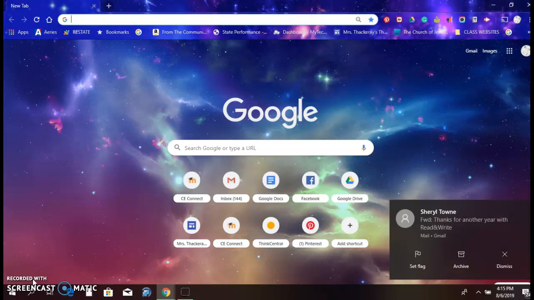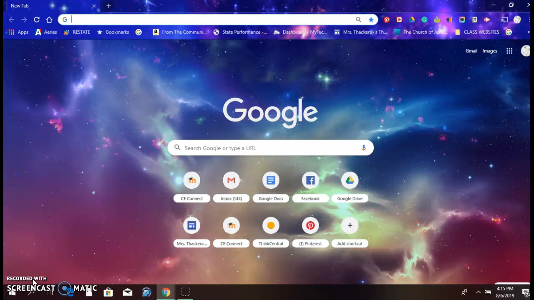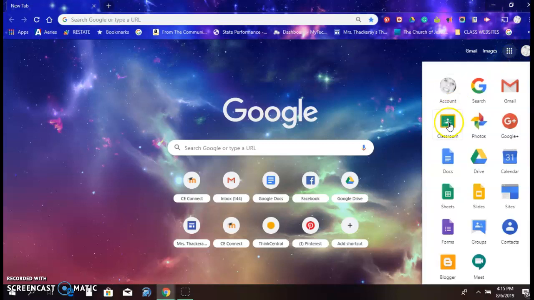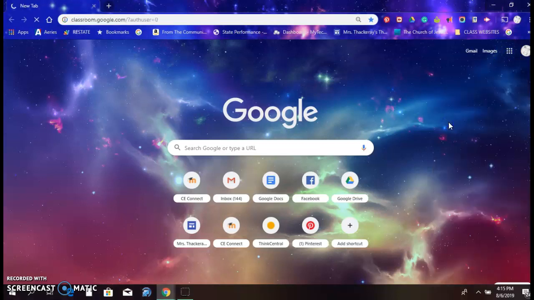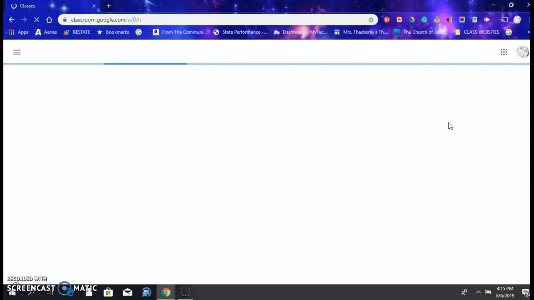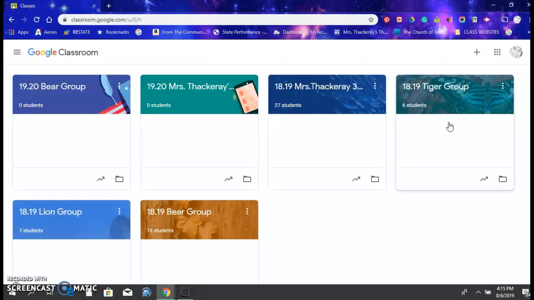We are a Google Apps school, which you need to be able to use Classroom. Right over here on your Google Chrome page, where your waffle is, you will often see this green icon framed in yellow, which shows you what Google Classroom is. If you haven't used it yet, it's just a dynamite way to give assignments and receive